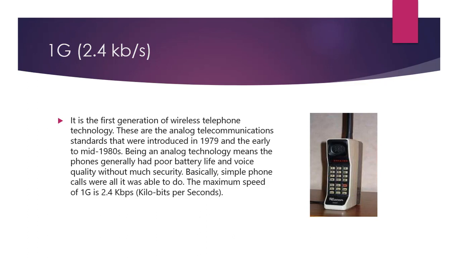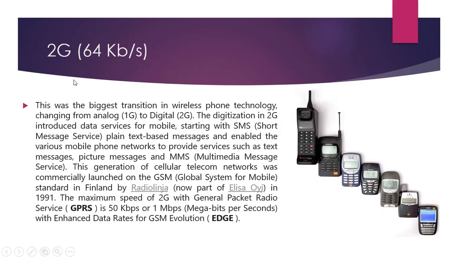Now let us move to our next technology, that is second generation. Here the transfer from analog to digital technology was done, and this was the biggest transition phase. Now let us go to the text and then we will discuss. This was the biggest transition in wireless phone technology, changing from analog or 1G signals to 2G signals. The digitization of 2G introduced data services for mobile, starting with SMS, short messaging service, plain text-based messages,